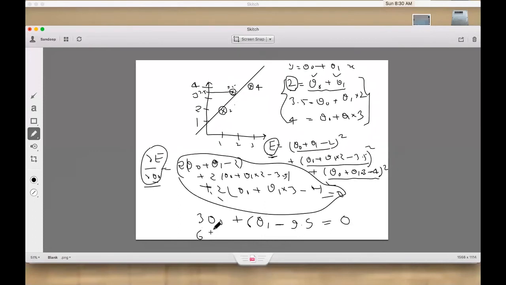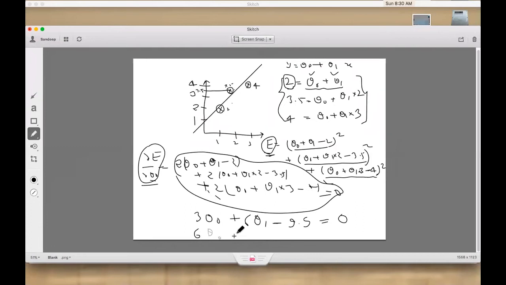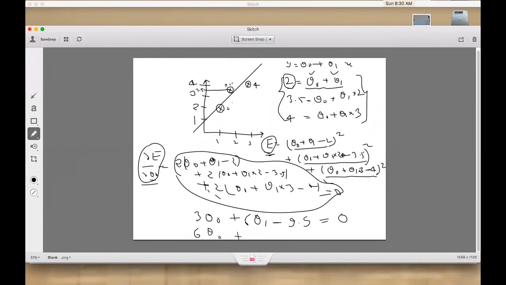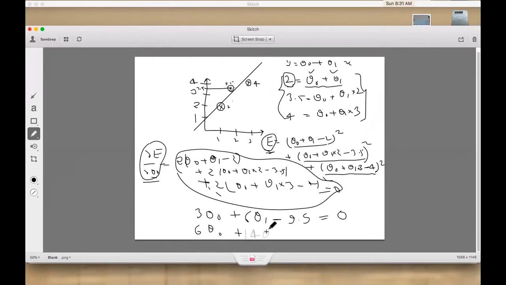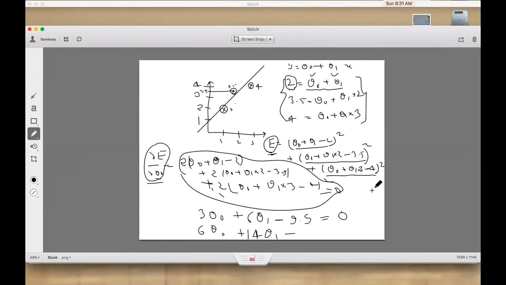No, it is going to be 6. 6 of theta naught plus here 1 plus 2 into 2. Yeah, 2 into 2, which is 4, that is 5. 5 plus 9, 14 theta 1 minus. Now in the same way, this is going to be 2 plus 7, that is 9. 9 and 4 into 3, which is 12. 9 and 12, how much? 21